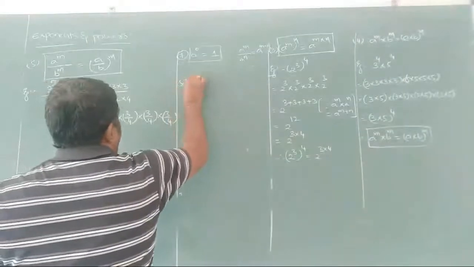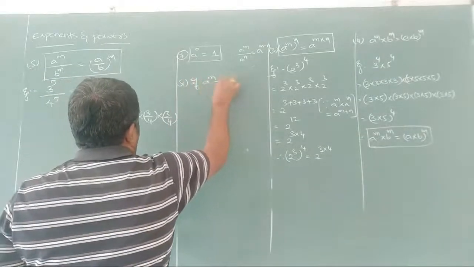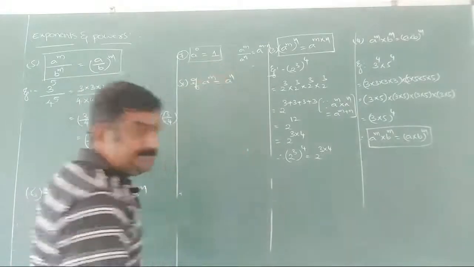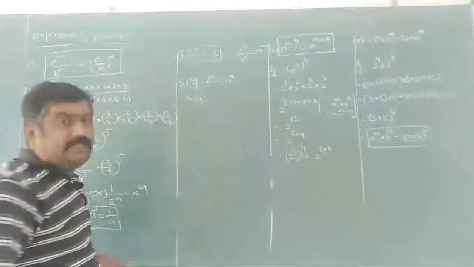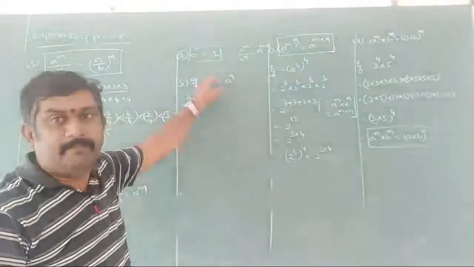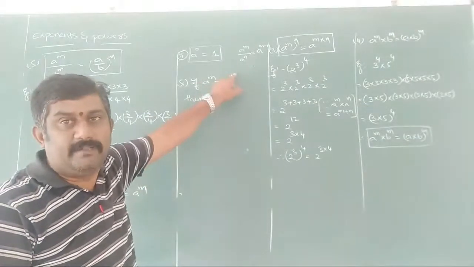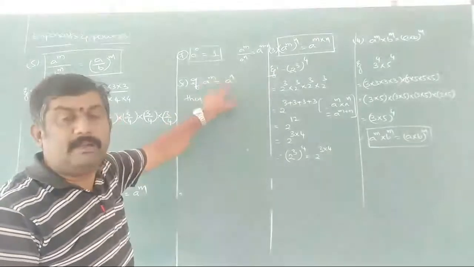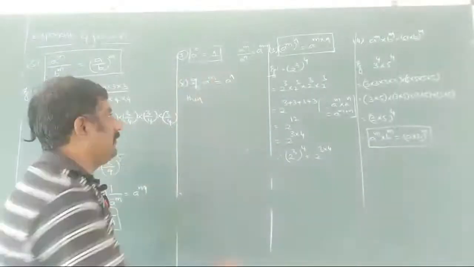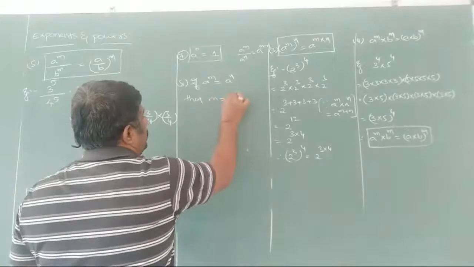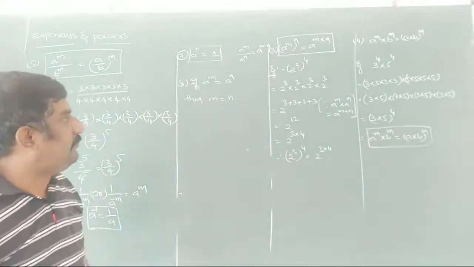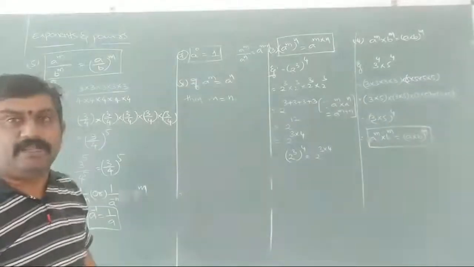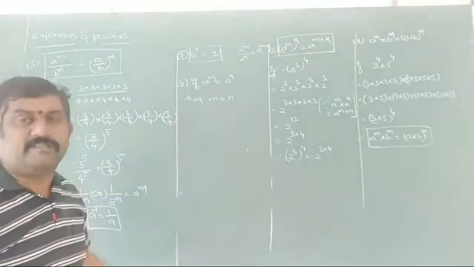Okay, and one more we are taking here. If a to the power of m is equal to a to the power of n, then simply we can say, observe, the bases are equal. A to the power of m is nothing but a to the power of n. Bases are equal, then compulsorily the powers will also be equal. So we can write m is equal to n. Such laws of exponents we have here, and we will take some examples for these exponent problems.